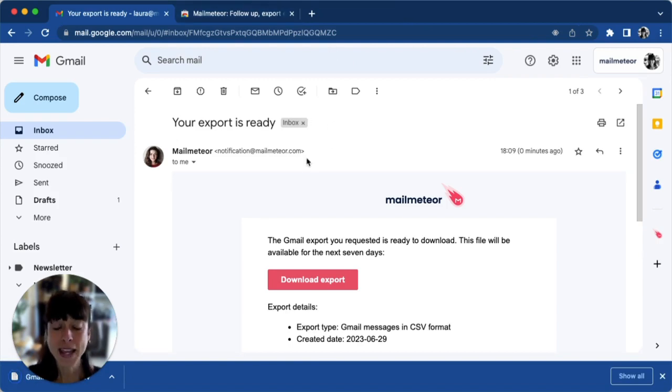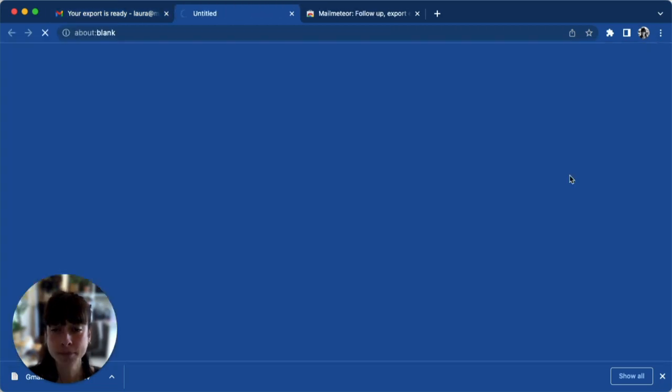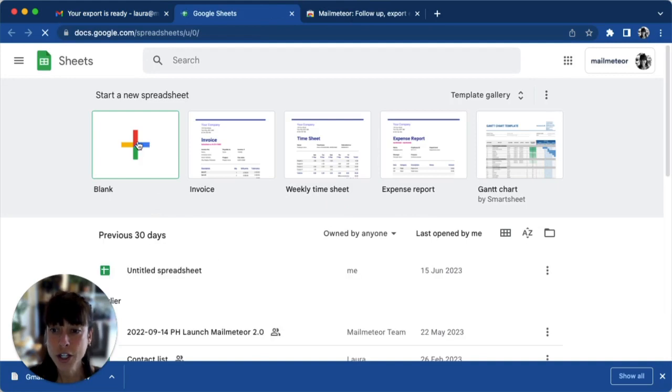Step 5, import the CSV file into Google Sheets. Now let's import the exported emails into a Google Sheets spreadsheet. So first what you'll want to do is click here on Google Apps and then open Sheets, and we'll wait for it to load. And once you're done, you can just go ahead and click on create a new spreadsheet